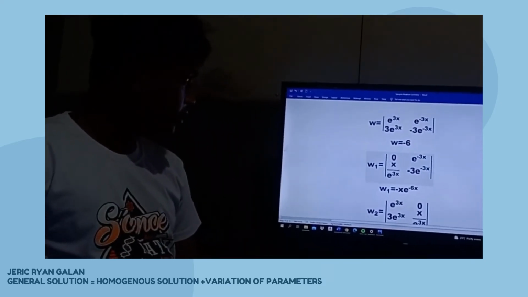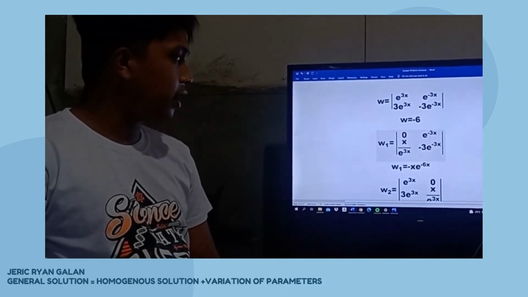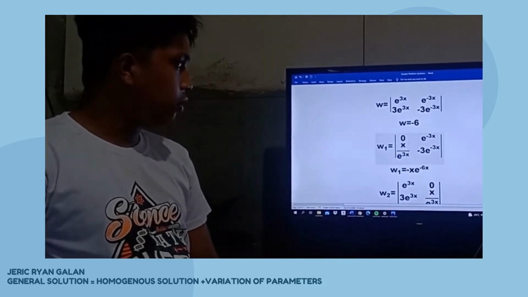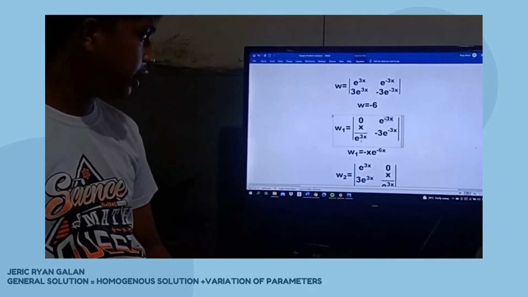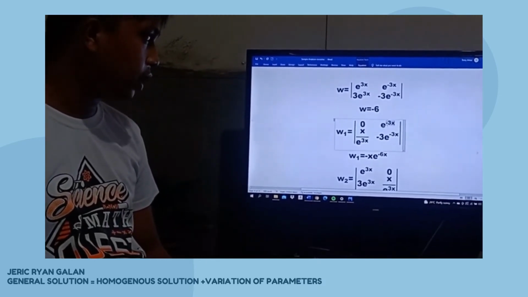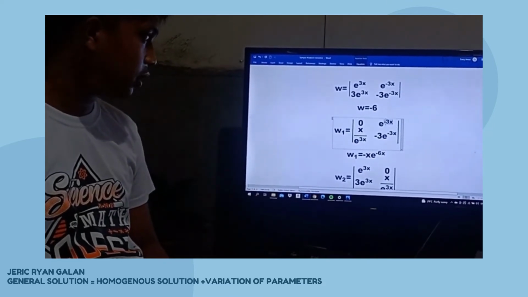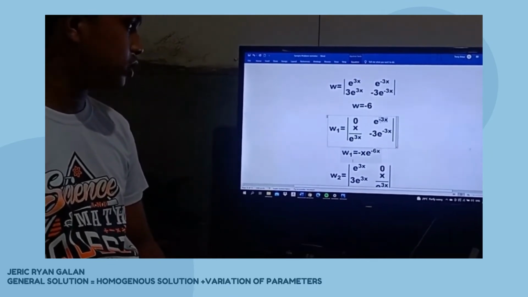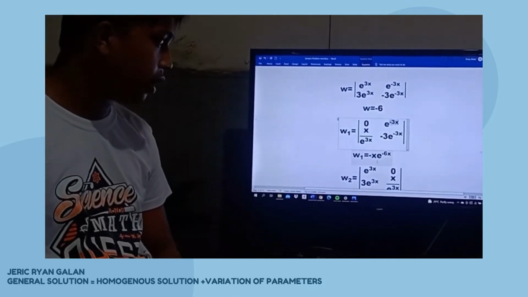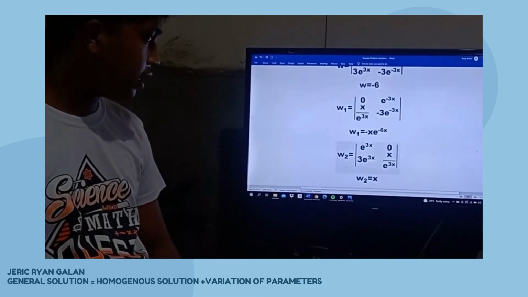So, dire katong x over e raised to 3x, multiply nimo sa e raised to negative 3x. So, same man sila of terms. So, katong x over e raised to 3x, multiply nimo ani. So, copy, add naman yung exponent niya, tapos negative sign, 0 minus. So, ang imong Wronski sub 1 is equals to negative x e raised to negative 6x,